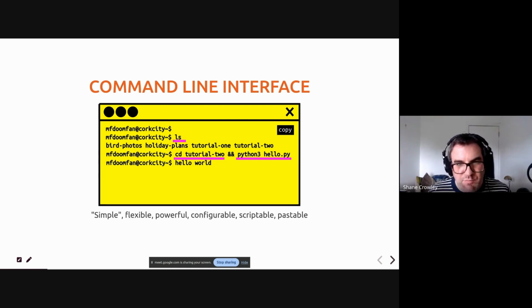This type of command line interface, where we put text into a terminal, press enter, and something happens, some output is generated on the screen, is often described as simple. This can confuse people who aren't used to using a command line interface, because it looks complicated. If you look at this screen, there's an @ symbol, there's a $ symbol, there's a tilde, there's a lot going on, but ultimately what it boils down to is some short commands